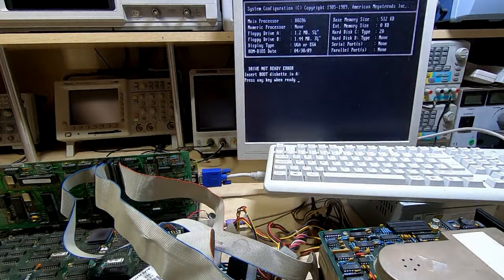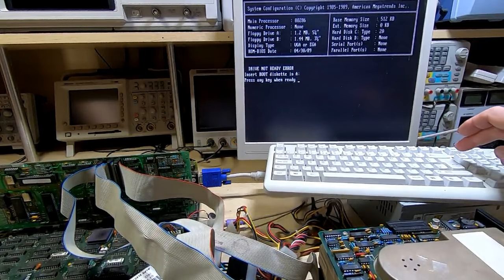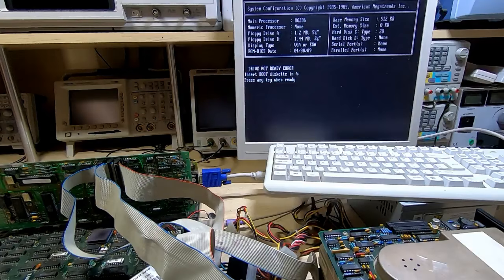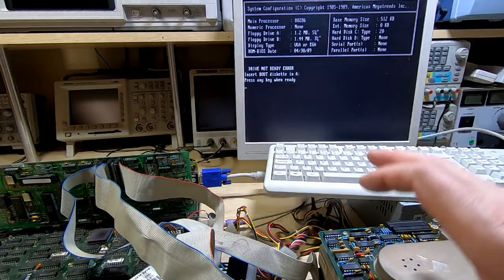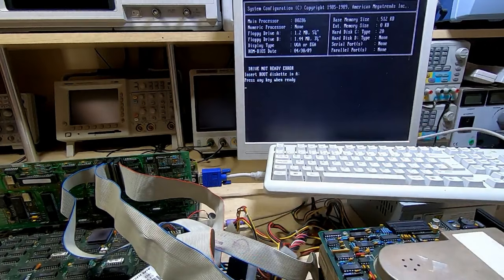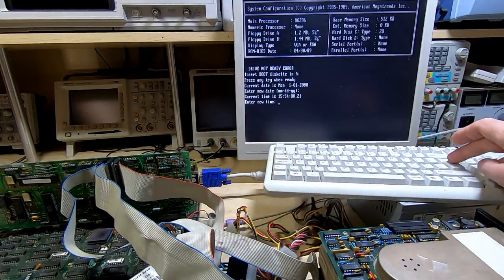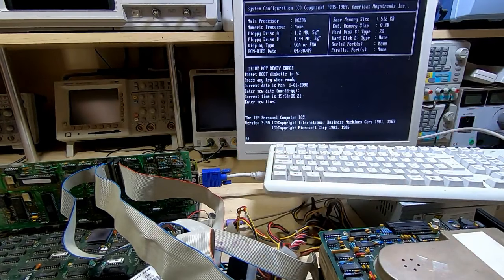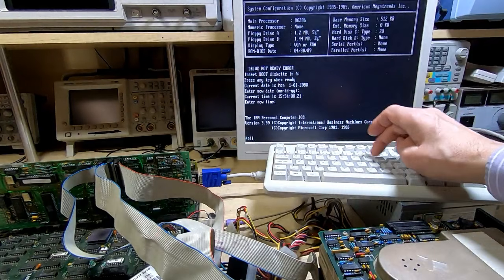So I'll put this in. This should be bootable, so I'll put it into drive A, and we should be able to now boot to the DOS floppy disk. Now if at this point you find that you can now not boot to floppy but you could before, most likely you've got the hard disk jumpers set wrong on the interface card, or the interface card is just not working properly. So we'll enter new time and date, and as you can see we have successfully booted to the